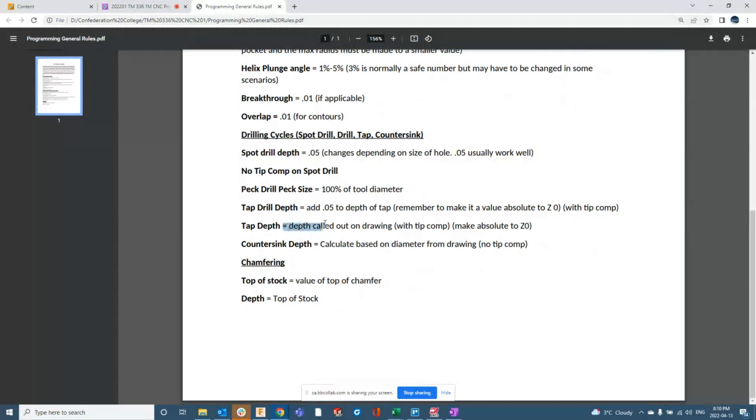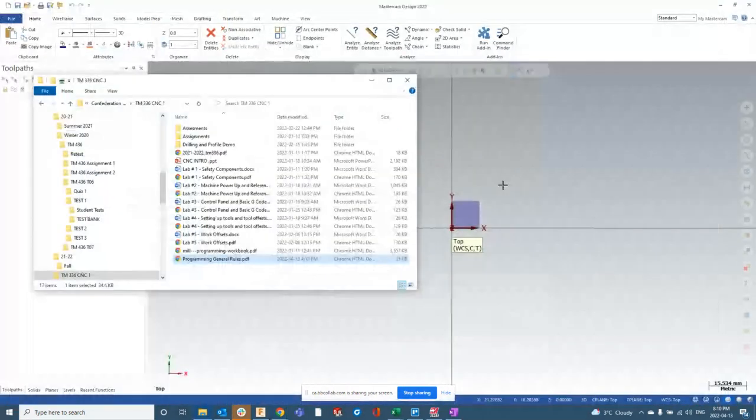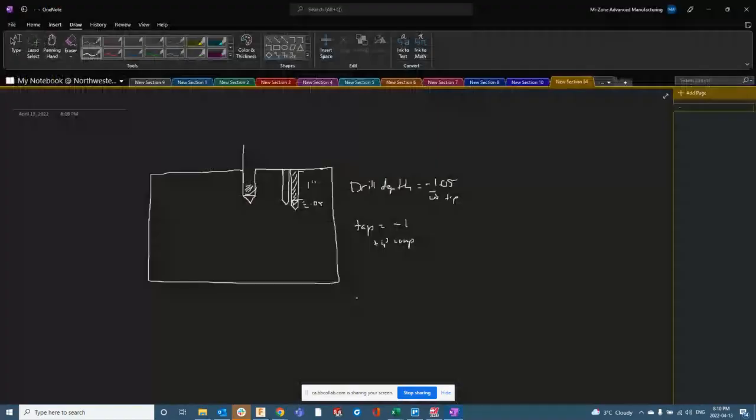And then, like I said, your tap depth is just the depth called out on your drawing, like -1. But make sure you have tip comp, and then obviously that's an absolute value to Z0. So when we do this, right, if we have a